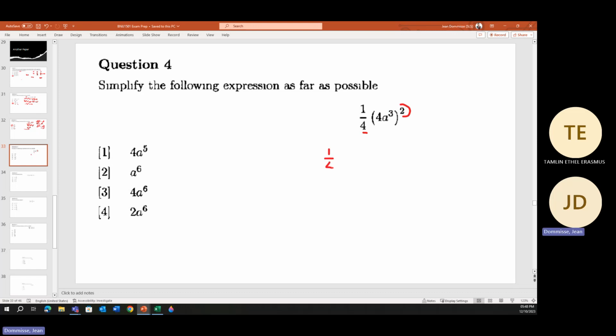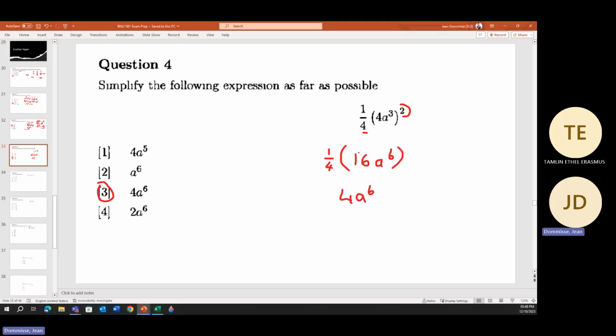So I would say, okay, let's keep the quarter. 4 to the power of 2 is 4 times 4, which is 16. A3 to the power of 2 is A6. And then we just multiply the quarter in. So 16 divided by 4 is 4. A to the power of 6, which is option